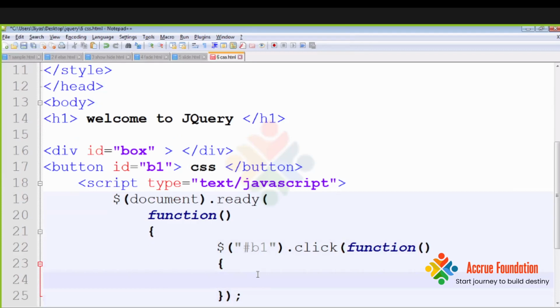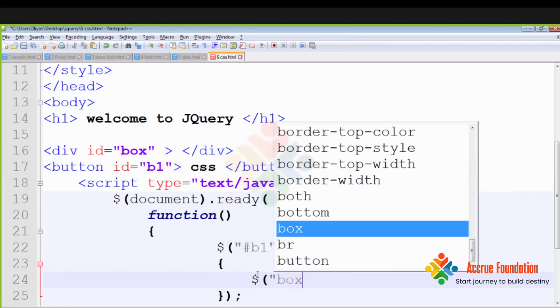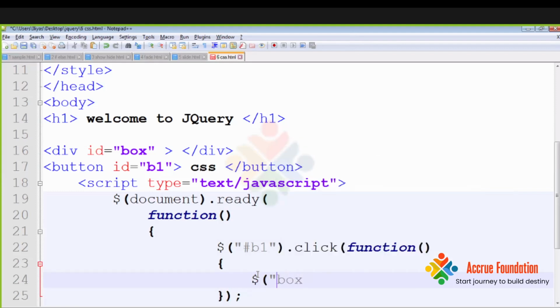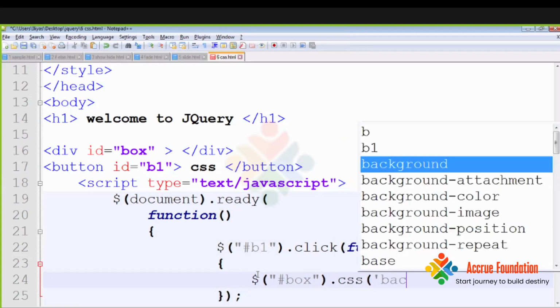When you click, it should go to this box; it's the ID, so you have to mention the ID. And it should change the CSS of anything, like the background.